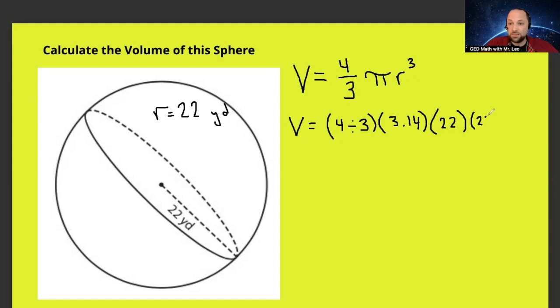Again, on some questions, this step right here, this is the answer. Sometimes that's enough. Because really, if you're good with a calculator, we have the answer. It's right here. Let's type it in. 4 divided by 3 times 3.14 times 22 times 22 times 22. Woo, this is a crazy looking one. Here we go. V equals